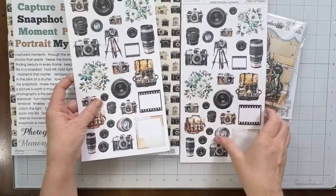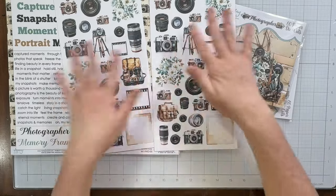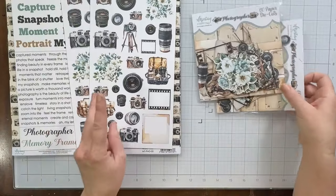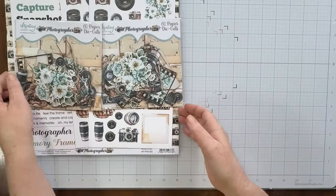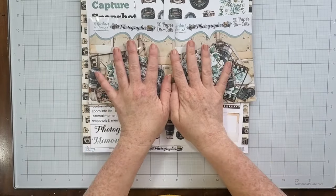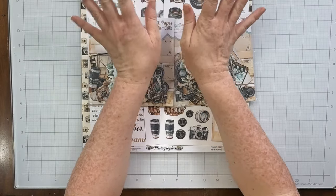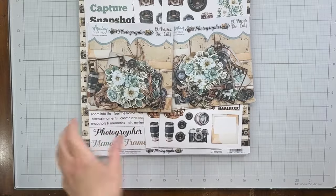And then I got 2 of the icon stickers, the florals and all the cameras. And then I got 2 packs of the die cut papers or die cut pieces. And the reason I got so many of these embellishments, which I normally wouldn't do, here's why. Because the next part of my unboxing is going to be